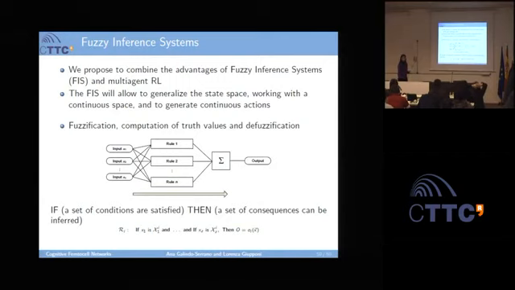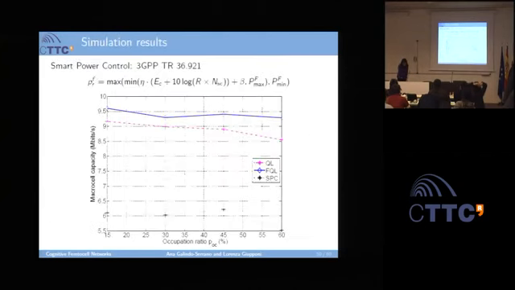And with this, we will have continuous representation of the inputs and the outputs. So I will not go into details of this. I just want you to see that when we apply this fuzzy learning, we are going to be able to have better performance for the macrocell systems, and this is just because of what I was explaining. We will be able to take more accurate actions per each state, and this will translate into performance.